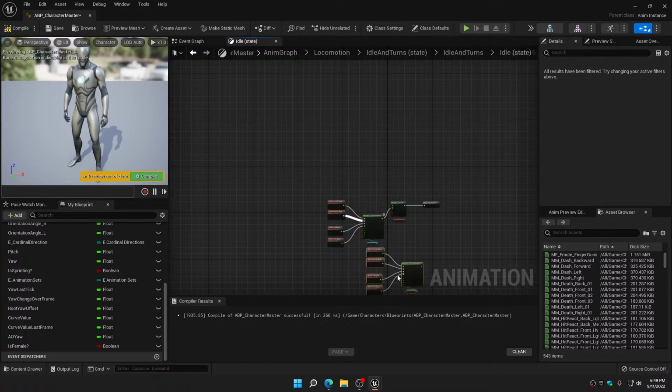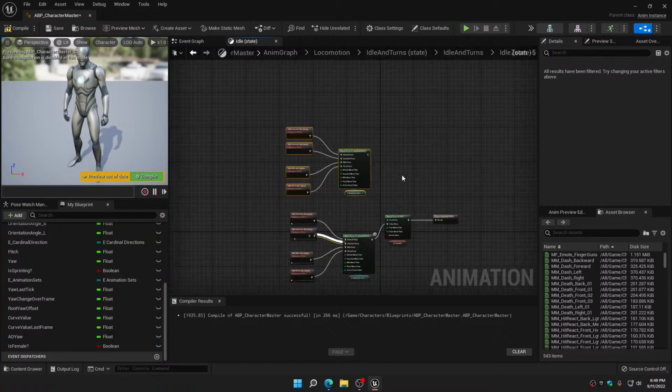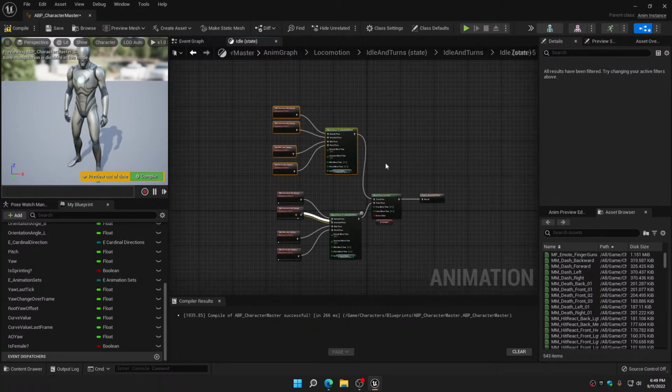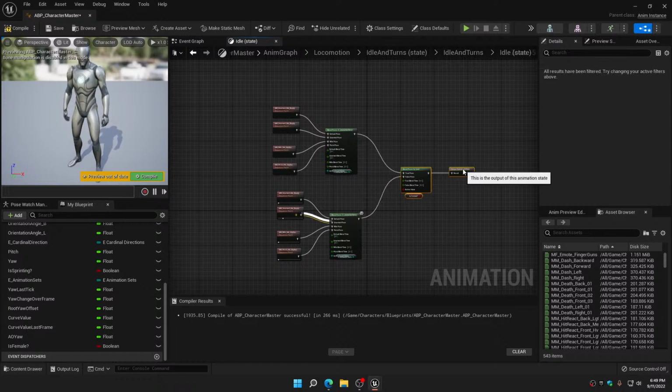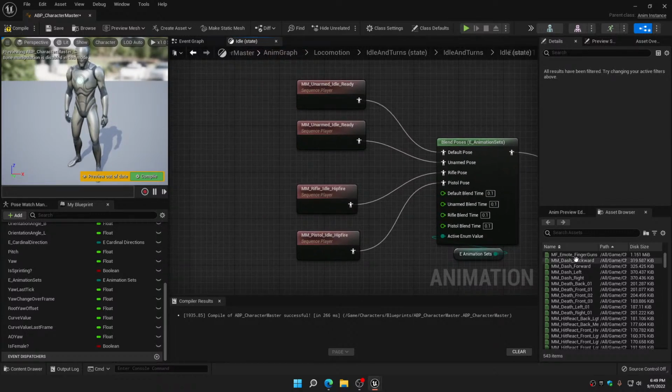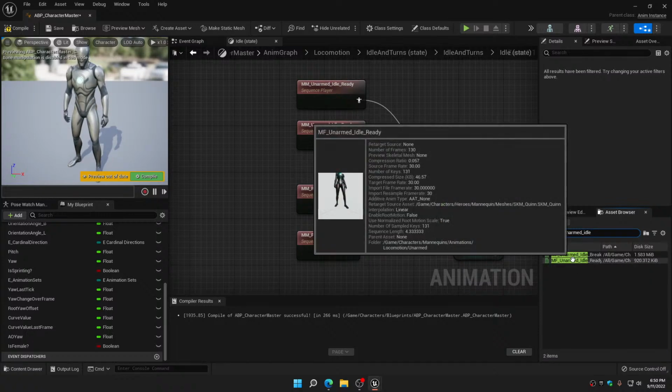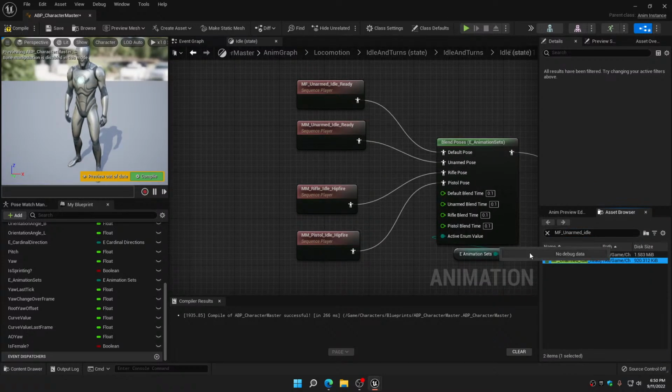So Control D to duplicate this. And if it's true, we will do that. And now we just simply need to change these over to the female. Okay, so MF unarmed idle ready. Okay, so that will just go here, and that will go here, and then we need a rifle,